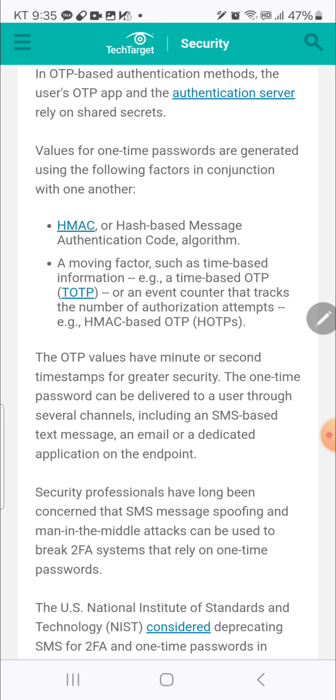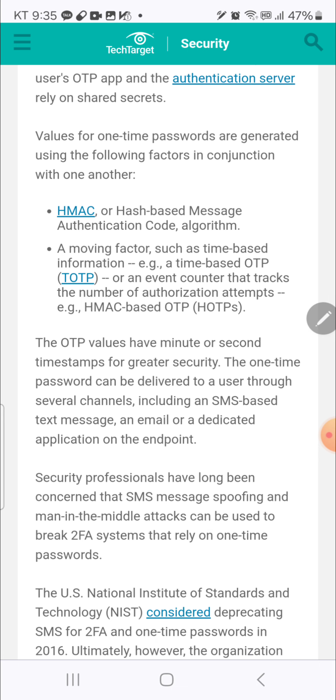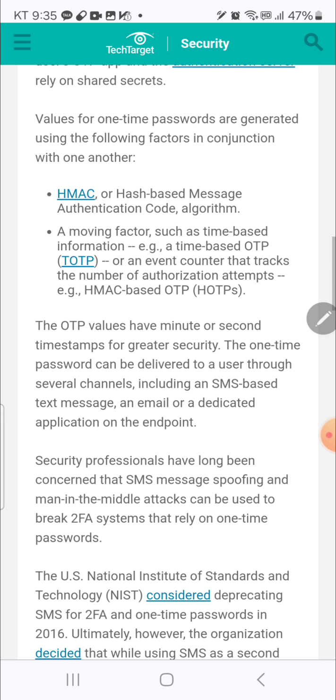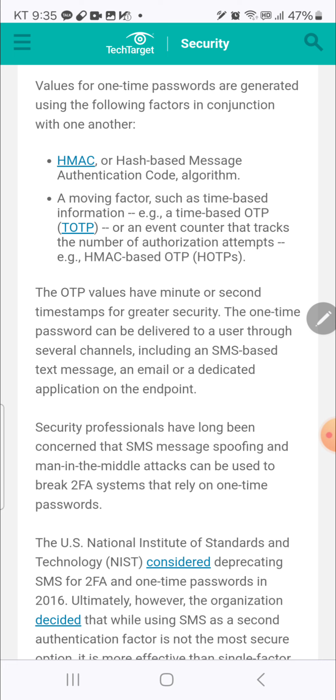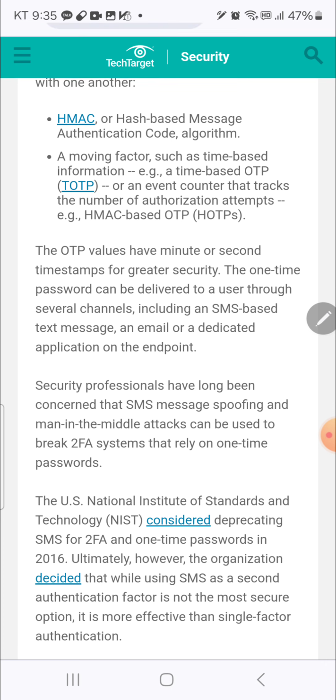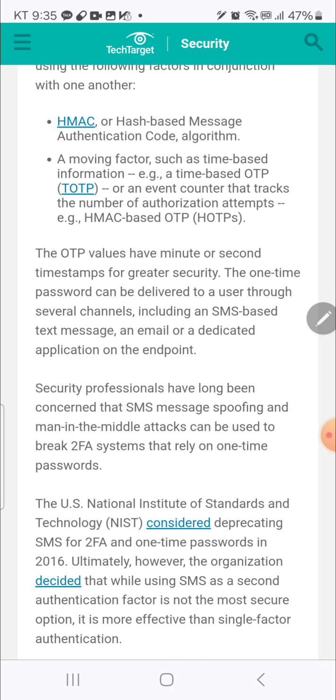A moving factor such as time-based information, for example, a time-based OTP, TOTP, or an event counter that tracks the number of authorization attempts, for example, HMAC-based OTP, HOTPs. Time-based OTPs,